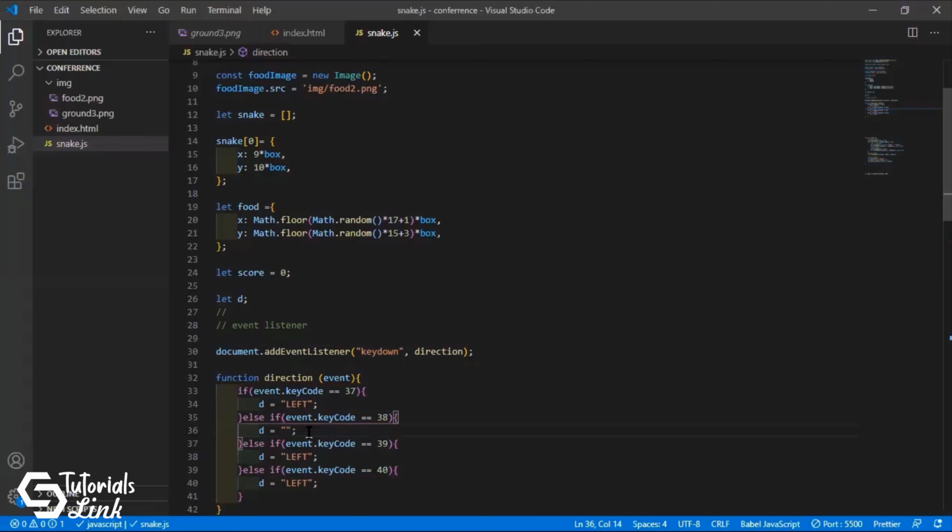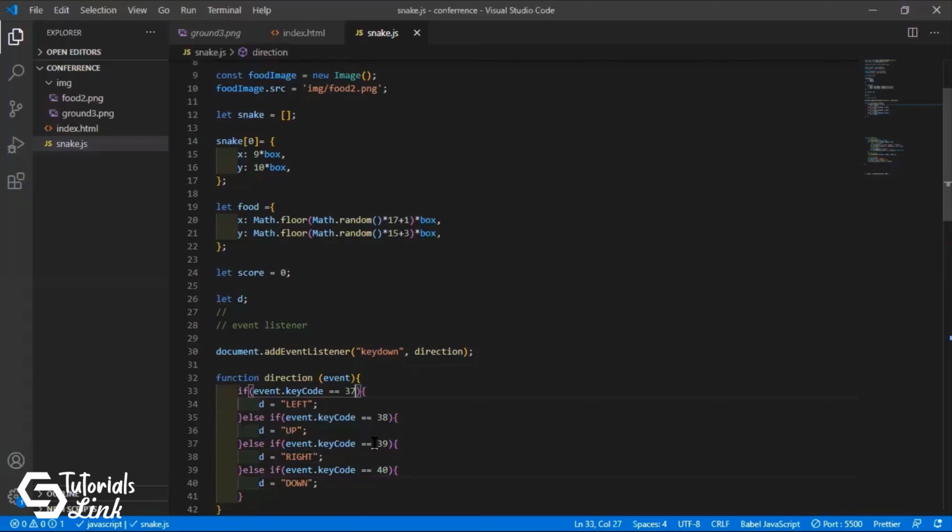So we will go through this again. This will be the left, and then it will be up, and then it will be right, and then it will be down.